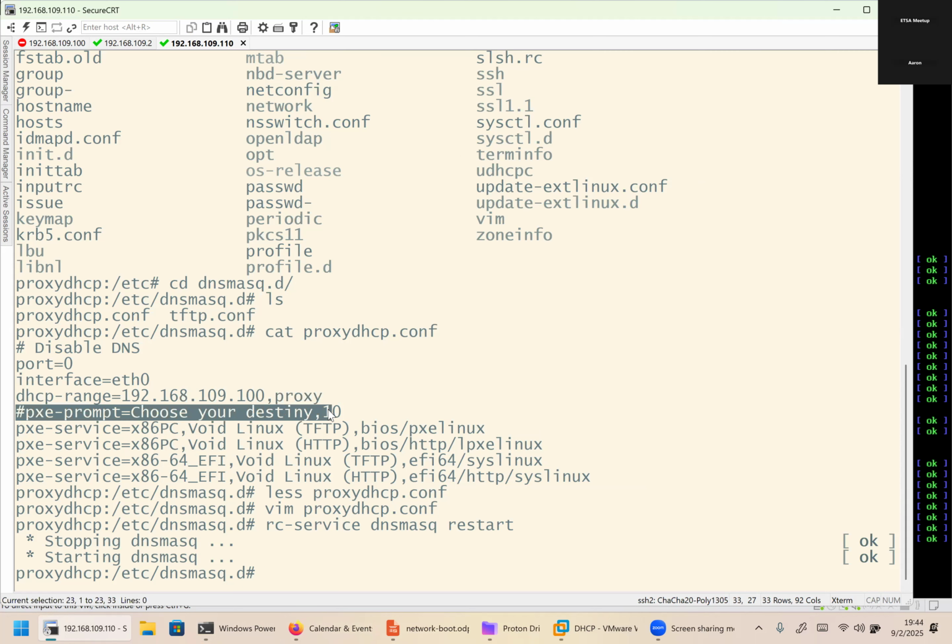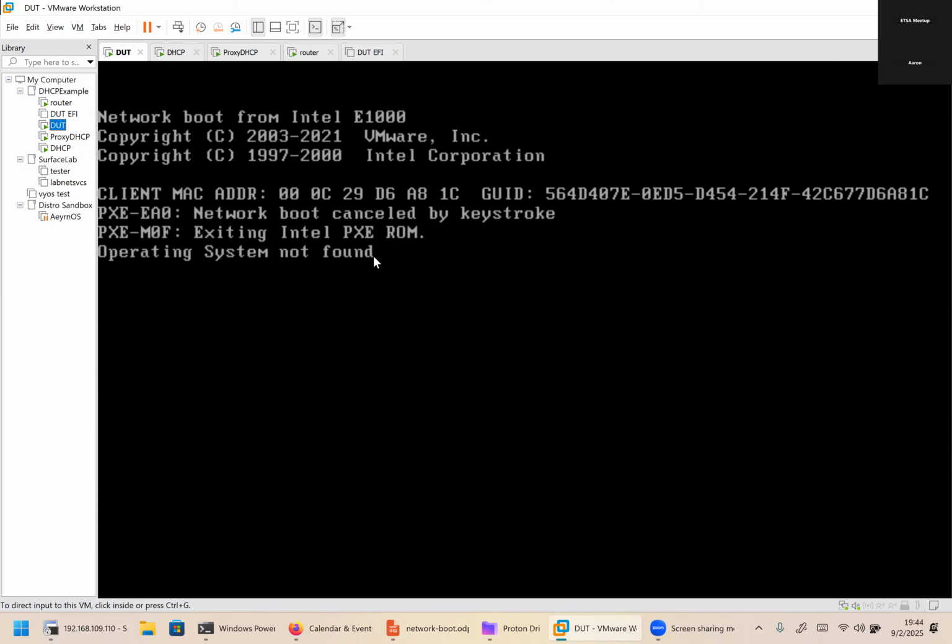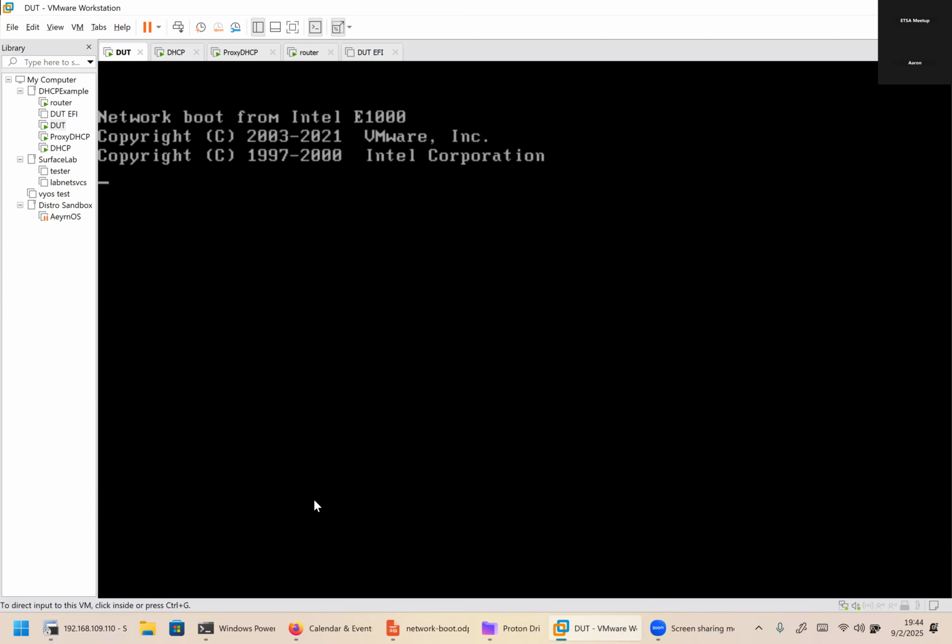We also have the option to give a prompt and a timeout. But for this case of our example, the timeout makes things a little inconvenient. The timeout simply says, if the user doesn't do anything, take the first option. So here we are. Our system under test, of course, failed to boot. Now that the proxy DHCP server is running,